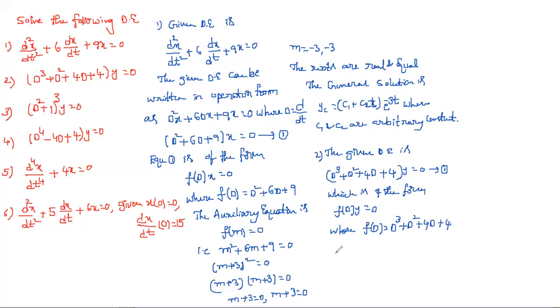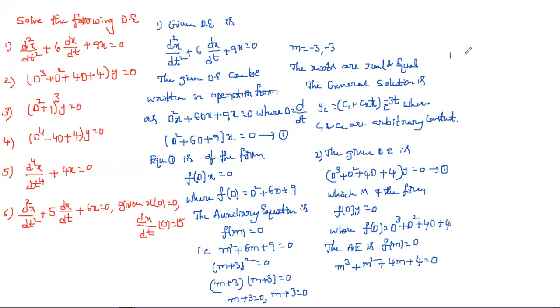First, we write the auxiliary equation. The auxiliary equation is f of m is equal to 0. Replacing d with m, we get m cube plus m square plus 4m plus 4 is equal to 0. This is third degree, so obviously we need to get 3 roots. You can use the calculator directly for finding these roots, or use Horner's method. Horner's method is where first we take the coefficients order-wise.